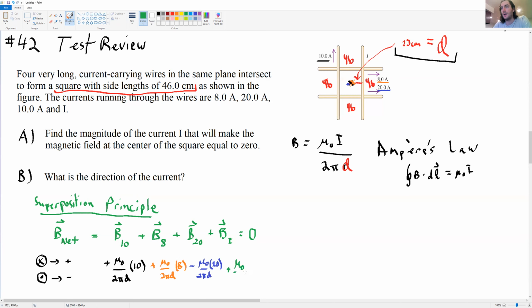And if it should have been minus, we'll end up calculating a negative value for the current, right? If we assume, let's say, I is in the direction so that the green magnetic field is coming out of the page,